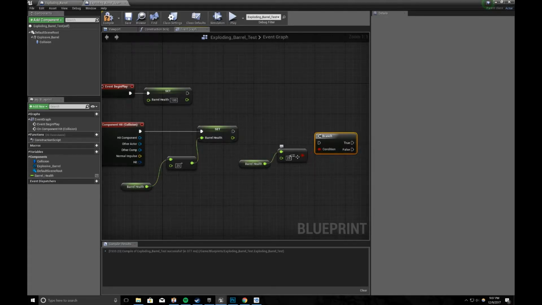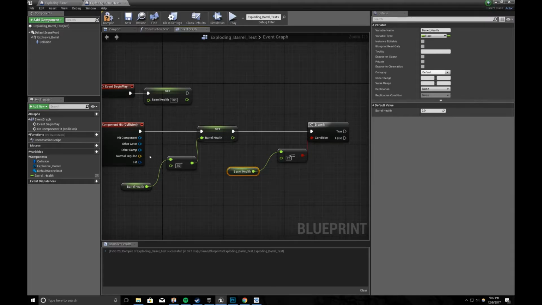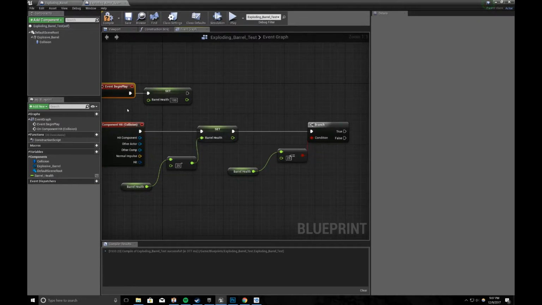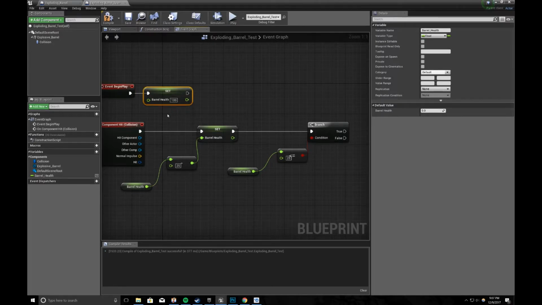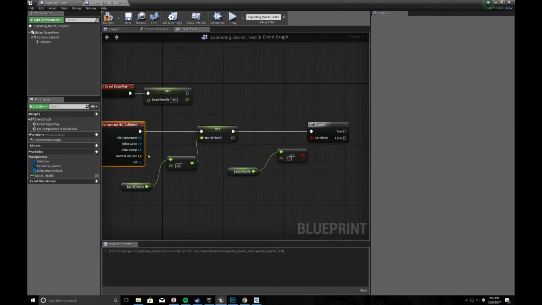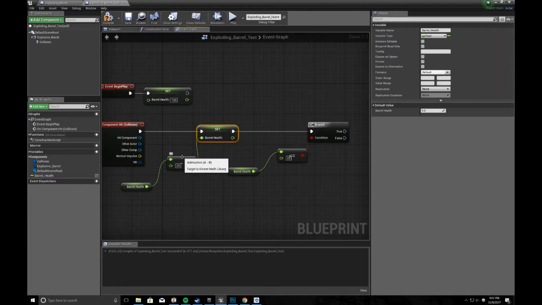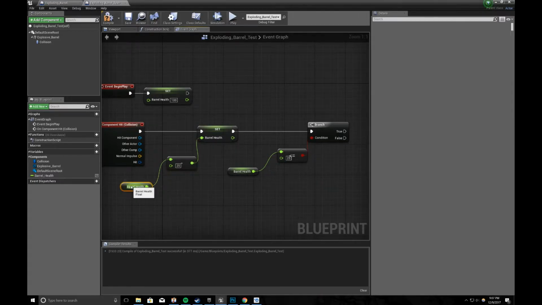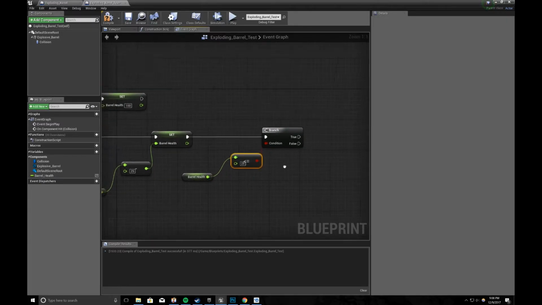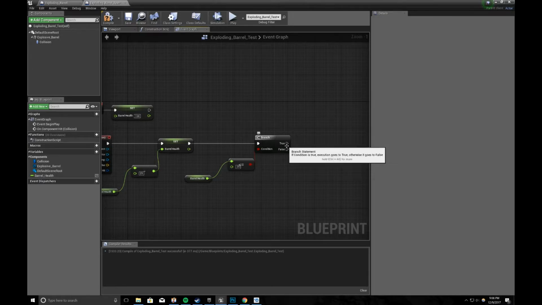branch, and we're going to connect this set to the branch. So on component hit, so basically event begin play, set the health to 100. On the collision component, when we hit it, we're setting the health to a value of 25 less for each hit. Then as we do that, we're going to check a condition. What is a condition? Is the health less than or equal to 25? If it is, then we're going to do something else. What are we going to do? Let's